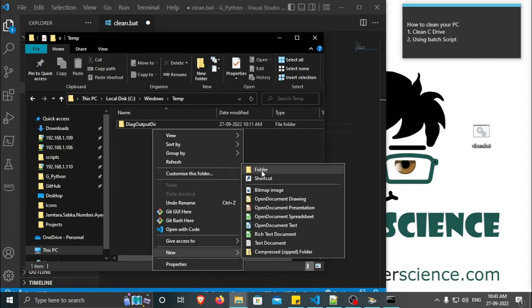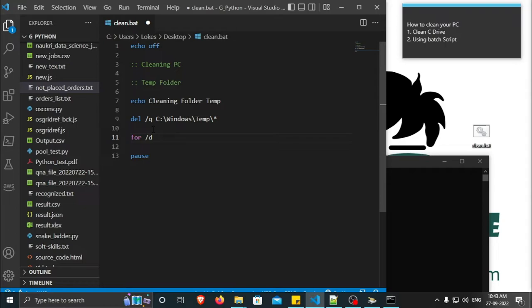So what you can do is use a for loop. This is the statement, and this slash d is for iterating over the directory. It denotes, you can say, a disk, and you have to pass the element. We have to use percentage, and in, and we have to pass the directory. The directory will be the same. Okay, and we have to pass an asterisk because we may have multiple folders, and then we have to use the do statement, and then we have to use at the rate, which will run for all the commands,